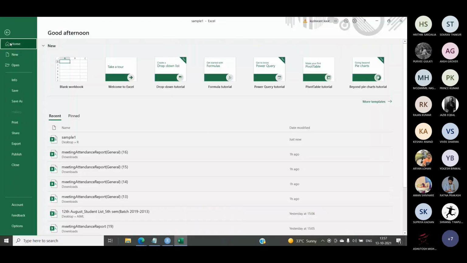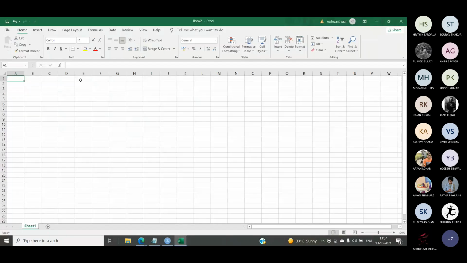Now let me create one new file. Suppose this file consists of again ID, name, contact number, and gender. Let me take the gender values randomly: male, female, male, male, female, male. I will take only this many values, not too many.